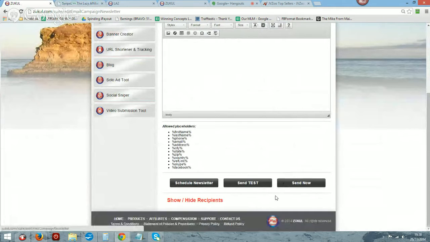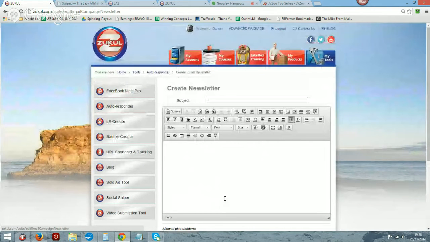Now, I'm not going to go through that in any great detail. Sorry, this button here. I'm not going to go into any great detail today, but there's a whole training that we can do on just the autoresponder and how we use that. But yes, ideally, set up your autoresponder first, and I'll show you why that is when we get to the